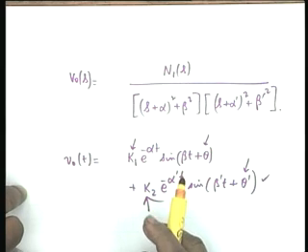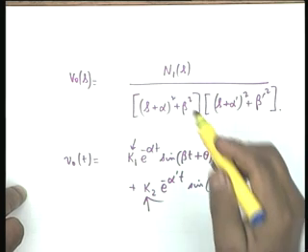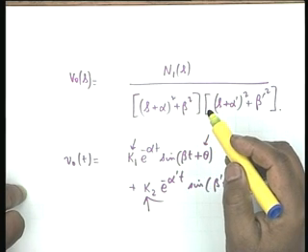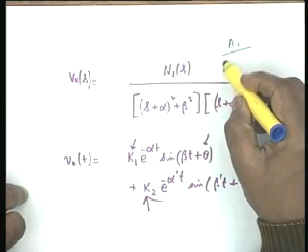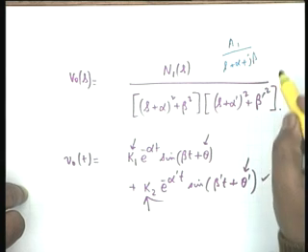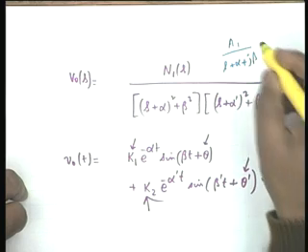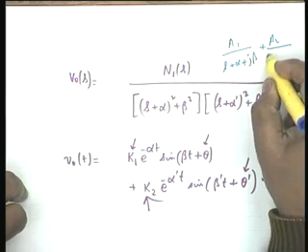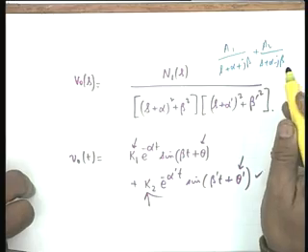Now, in expanding into partial fractions, tricks of the trade, one trick of the trade is, do not expand in terms of the complex poles. You can say, I will say A1 divided by s plus alpha plus j beta, and the other is A2 divided by s plus alpha minus j beta. You can do that, and then find A1, A2, A3, A4.